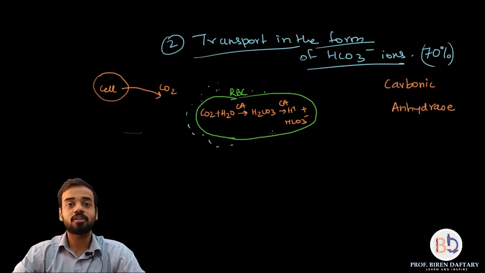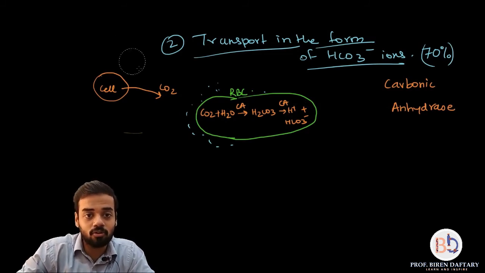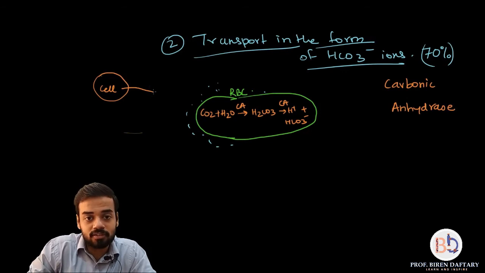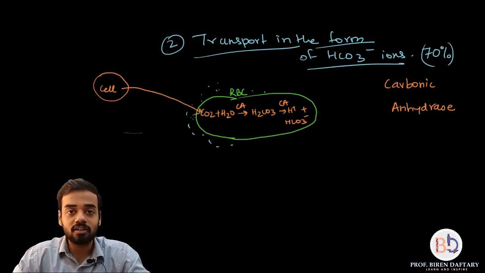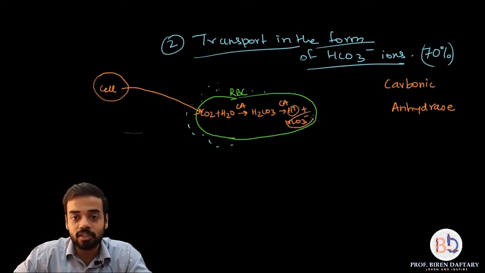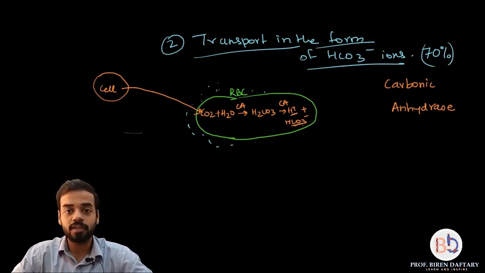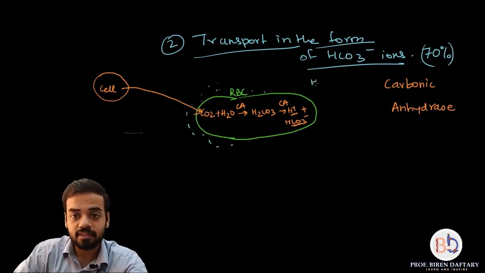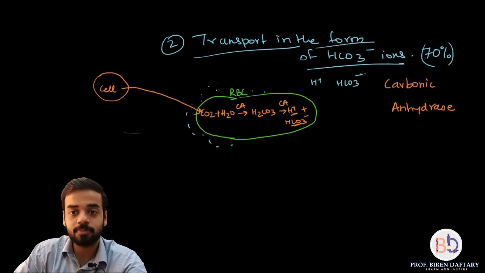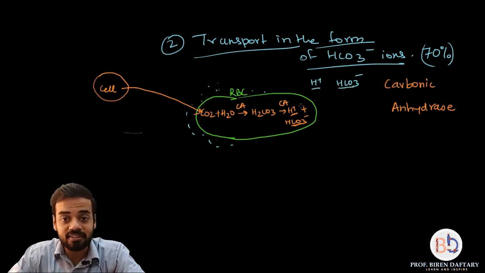Now what happens is, over a period of time, since most of the carbon dioxide enters the RBC, actually I should be drawing this arrow over here, so that you understand that it enters the RBC. So most of the carbon dioxide is entering the RBC, and the amount of H plus and HCO3 minus ions which are formed keeps on increasing. There are H plus and HCO3 minus ions present even outside the RBC, because the same reactions are occurring in the plasma, but the amount of these ions inside the RBC is much more, because most of the carbon dioxide is going in.